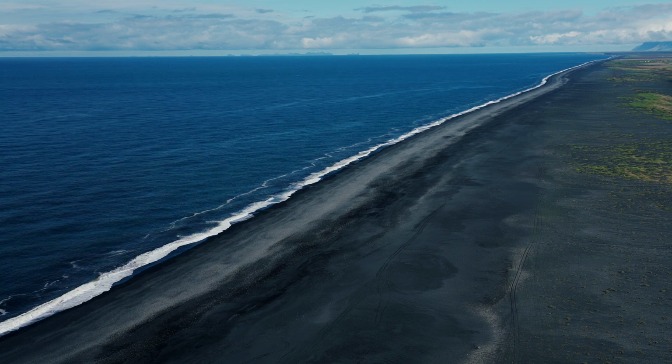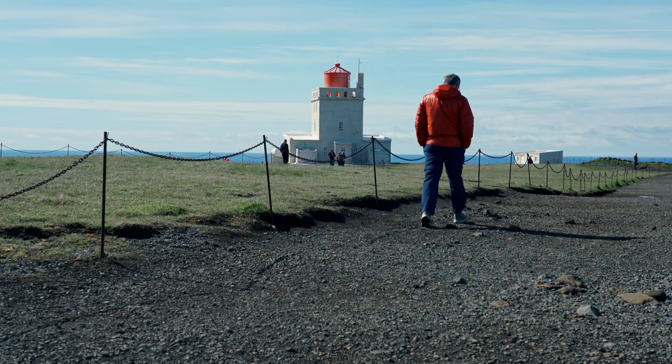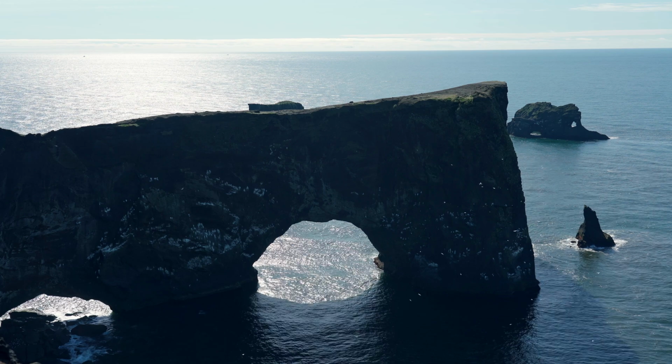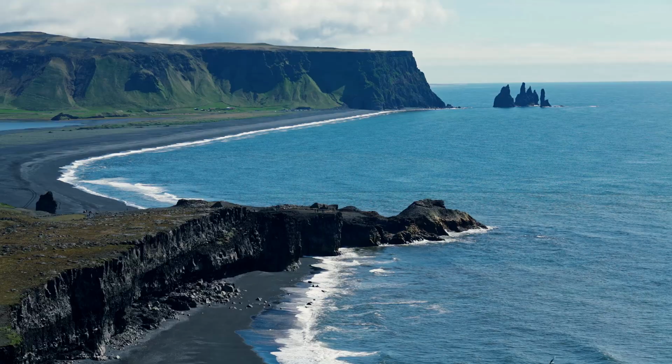I had to stop at the most southerly point in Iceland, Dyrhólaey, meaning Door Hill Island. The lighthouse, the abundant life on the nearby cliffs, and the rocky arch on which the name is based are incredible. The view from Dyrhólaey is vast, and if we gaze to the east, we see the black lava